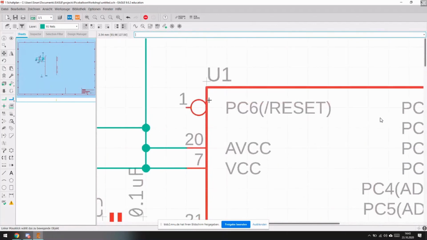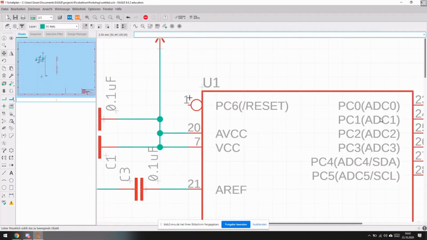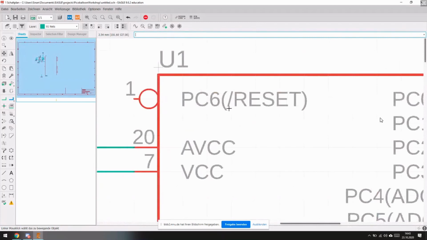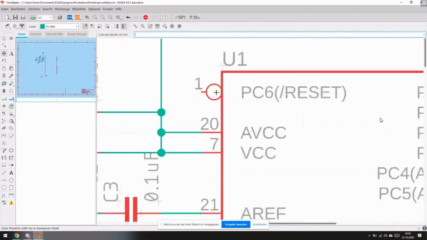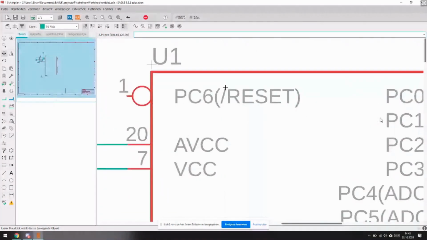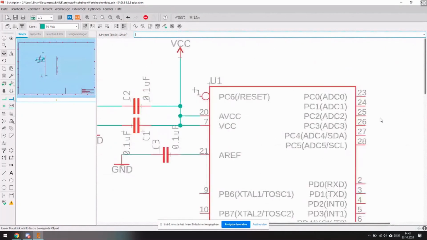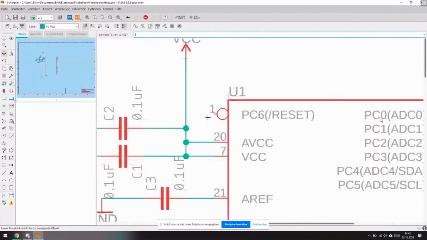This circle right here shows that the input is inverted. That's also the deal with this slash here. So basically, in datasheets, you can see a line on top of the pin name that just tells you, hey, the input is inverted. I would just wire it up and then explain it to you. So